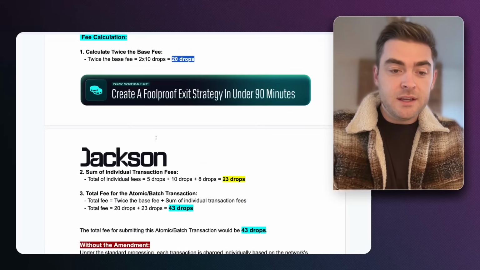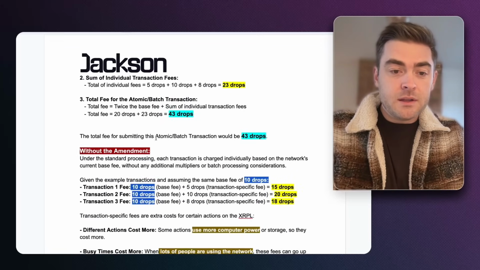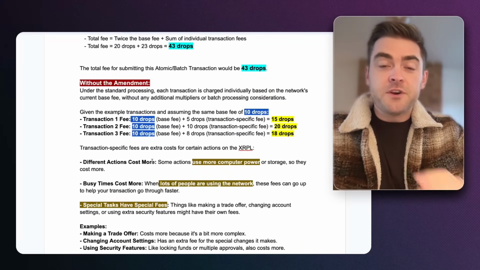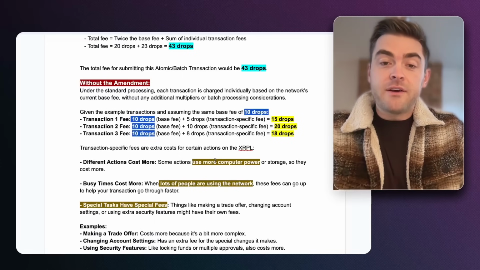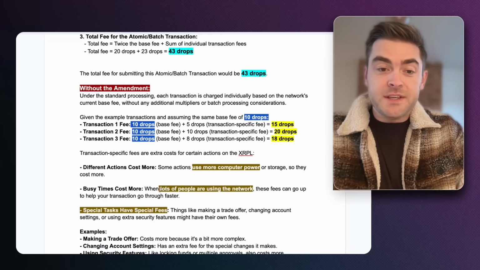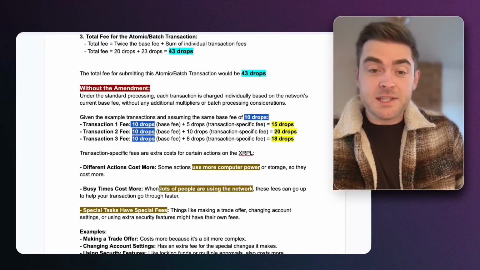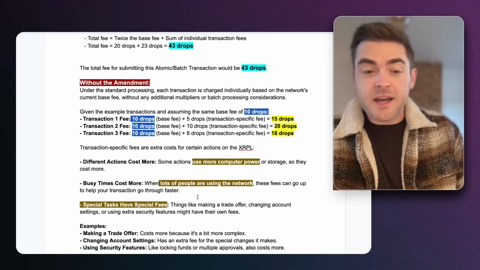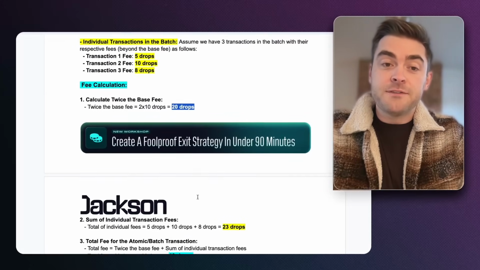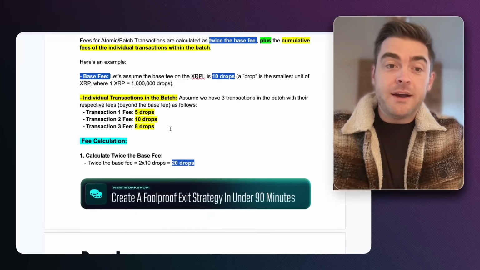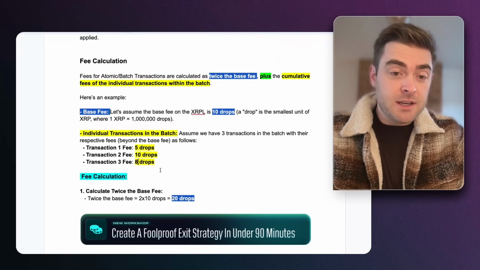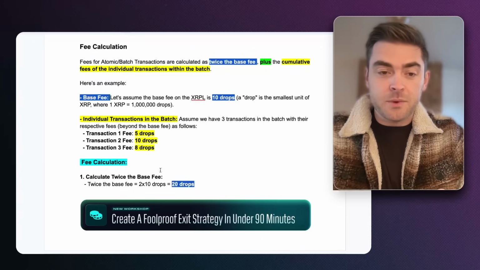Let's get into that actually. Different actions that you take with those transactions can vary in the additional transaction specific fee that you get. So the transaction fees can be different at different times of the day, if it's busier or not. As also if you wanted to make a trade or you wanted to set up an account, all these transactions on the XRPL have different fees associated with them. So when we're calculating the fees for this atomic batch transaction,